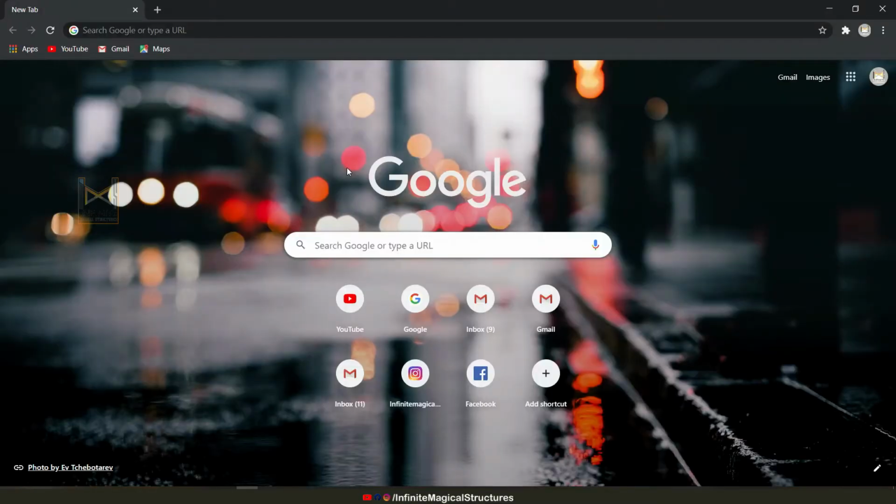In this video we are going to see how to download, install and use GeoMeet applications. From the past few days we are hearing about GeoMeet. So we are going to see what is GeoMeet, how to download it in a system, laptop or desktop, and how to use it. So first let's get into the video.